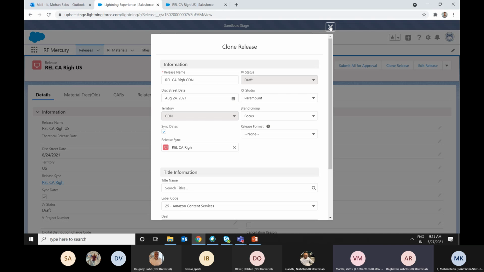And one thing, John, we had a question yesterday: why would someone create a release without a title? The answer is there is something like a multi-title, so we can have a release for a single title, and we can have a release for multi-title. Whenever we have a release for multi-title, we will have multiple video versions for the release, but the release doesn't tie to any titles.